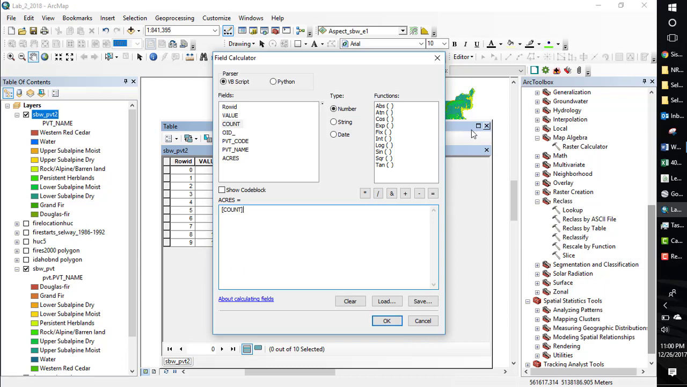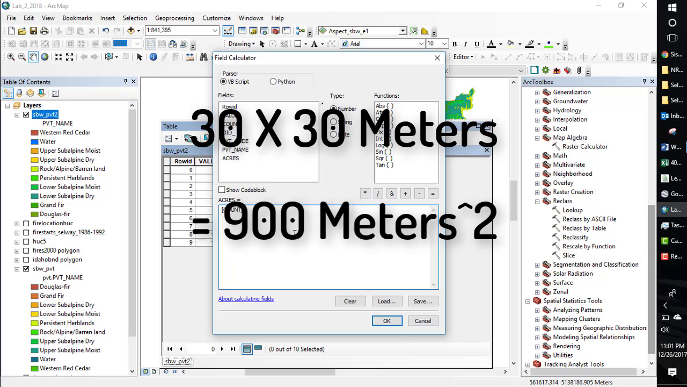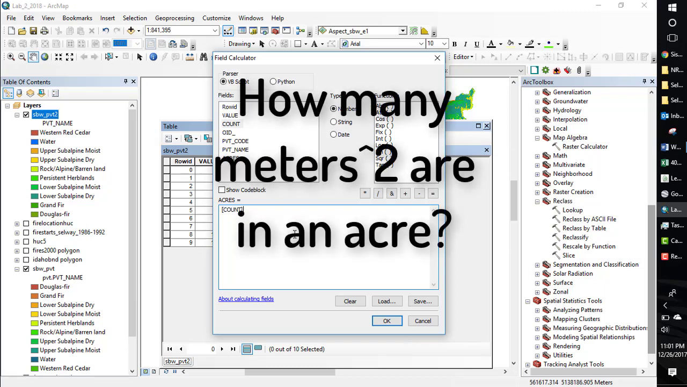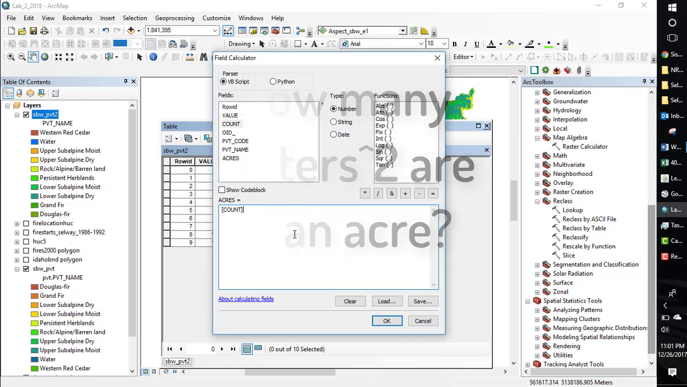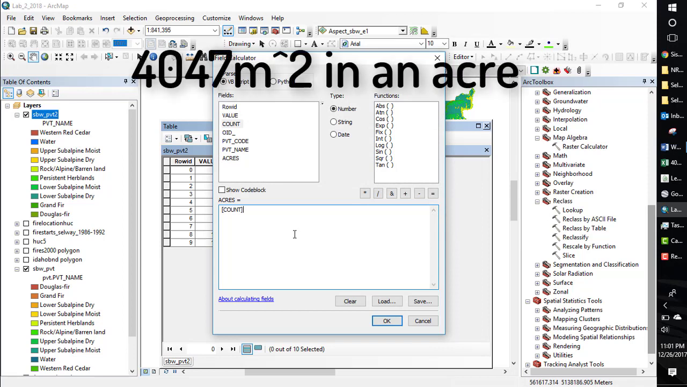So we know the number of cells that are in each potential vegetation type. We also know the area of those cells. Each of those cells is 30 by 30 meters. So 30 by 30 meters is equal to 900 meters squared. Think about that for a moment. There are 900 meters squared in 30 by 30 meters. So how many meters squared are in an acre? When we do that calculation, we can determine that there are 4,047 meters squared in an acre,